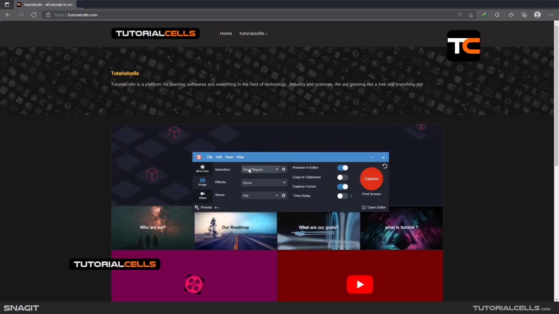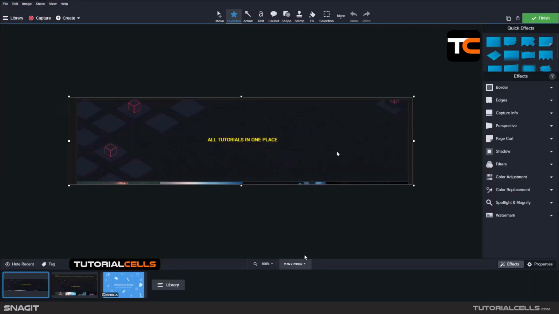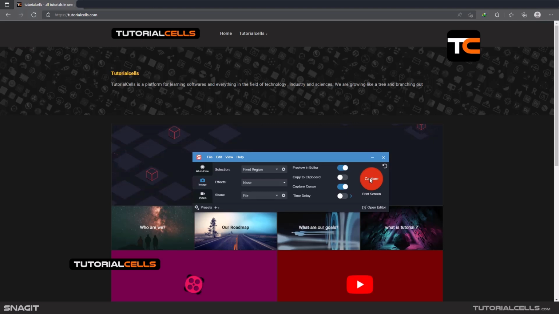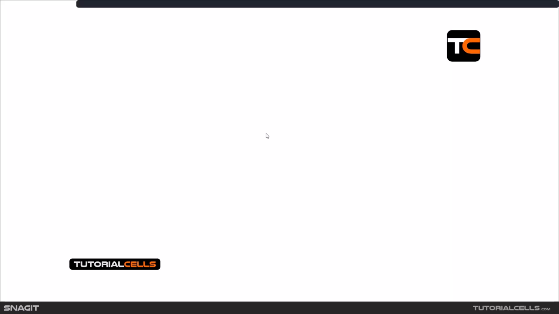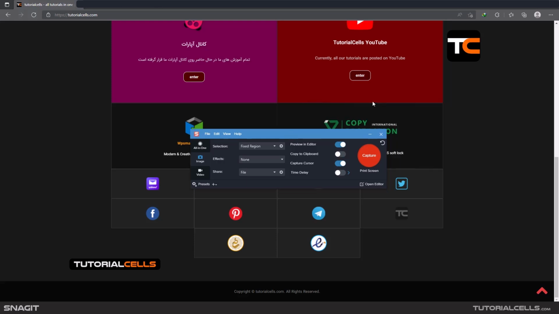Okay. It stays in the software memory, and you can capture it every time you hit the capture button, and it captures exactly the same size that you set. Okay,